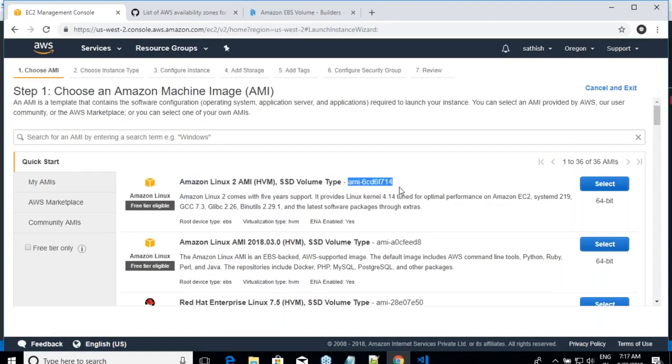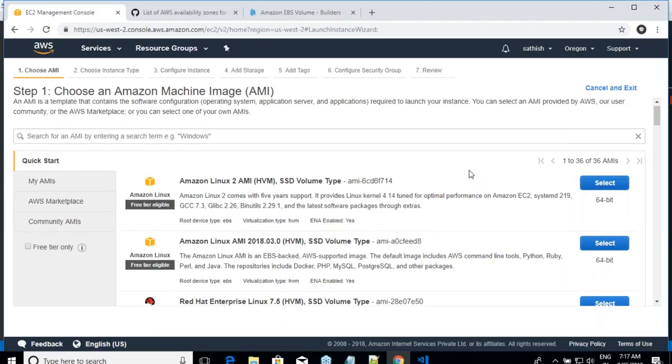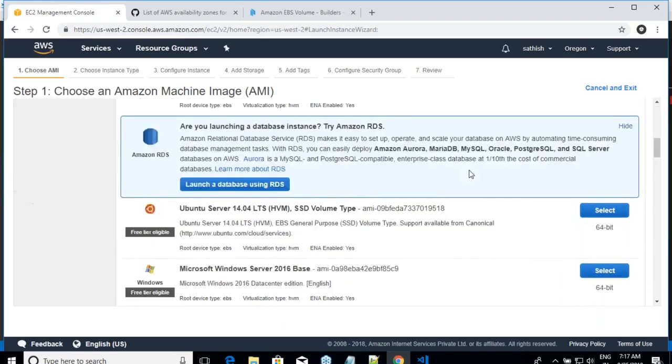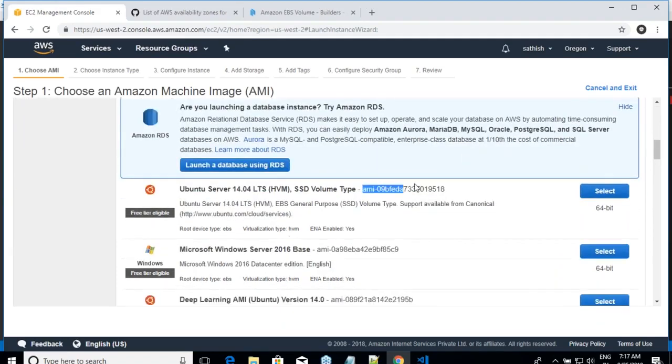So, for example, the AMI ID of the Ubuntu machine in US West 2 will not be the same as the Ubuntu machine's AMI ID in another region. So you have to always search for this. All right, let me scroll down. Anything is fine. I've taken Ubuntu 14.04. Okay, so my source AMI is this.